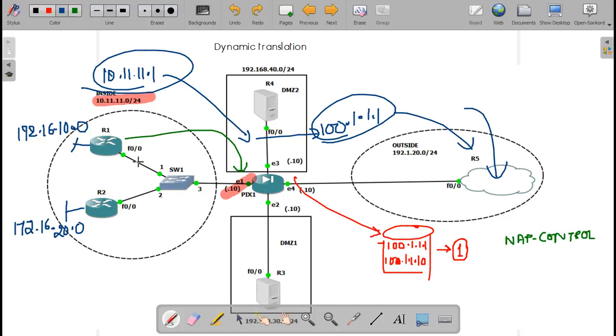See, this and this both are on the same network, so no route required, directly connected. Again, this and this are on the same network, directly connected, again no route required, but you need a route for this network on the firewall.